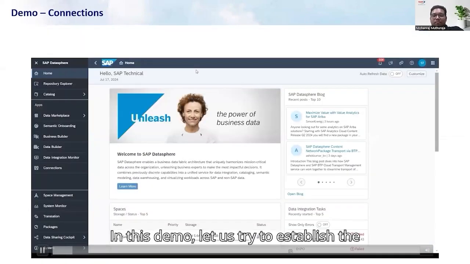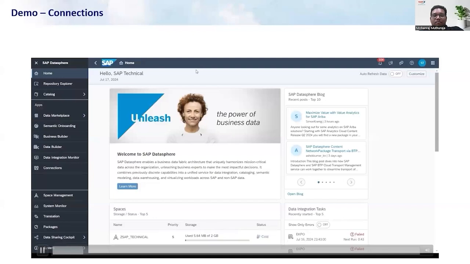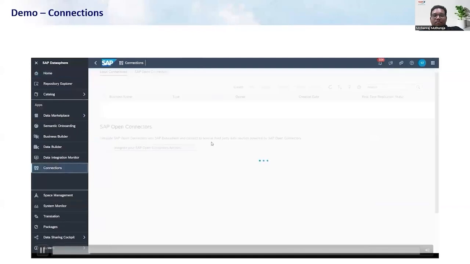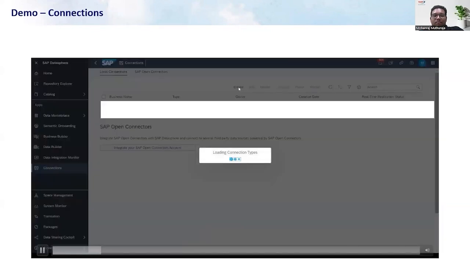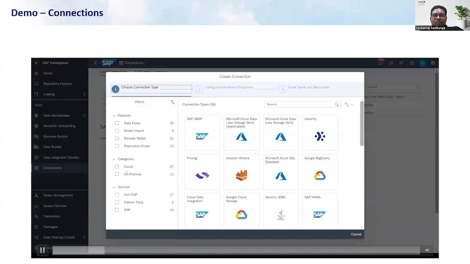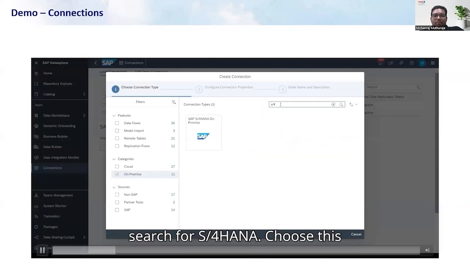In this demo, let us try to establish the connection between SAP S/4HANA on-premise system with SAP DataSphere. To do so, choose Connection, click on Create, select On-premise category, search for S/4HANA, choose this SAP S/4HANA on-premise connection,